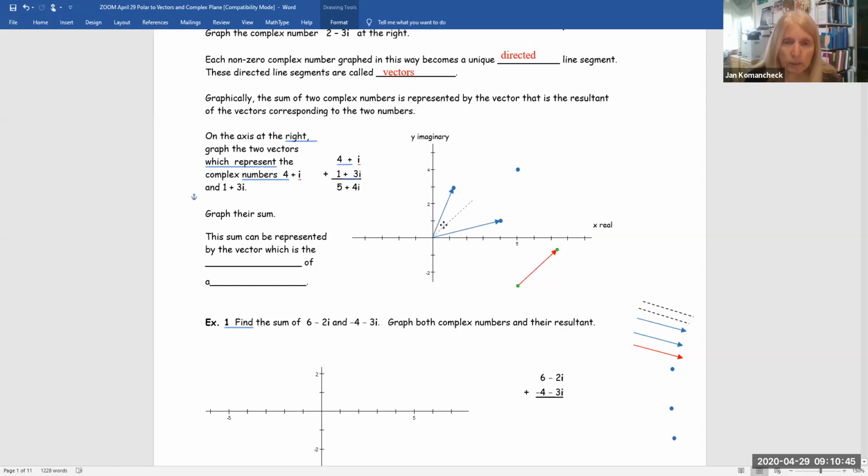For those of you who are taking a physics course or will be taking, good luck if you're taking a physics course online, okay, but you'll be taking a physics course soon. You'll be working with vectors quite a bit. And so in this course, we give you an introduction to those vectors. Well, I'd like to let you know that the sum can be represented by the vector, which is going to end up being the answer, the diagonal of a